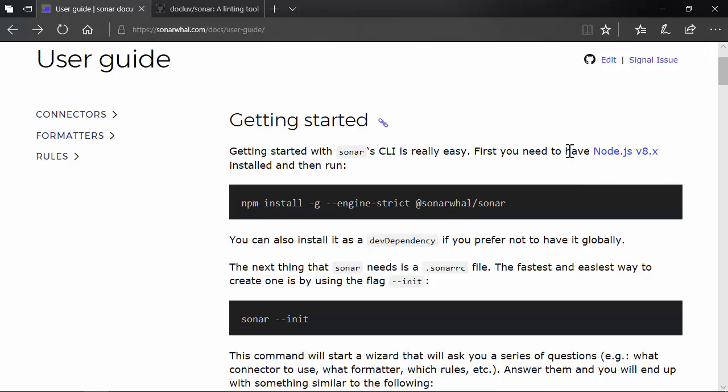You do need Node version 8, which is the latest stable version of Node. If you haven't updated yet, I do encourage you to go do that, because you should always, in my opinion, stay current with the tools and platforms and stuff that you are working with as much as possible. And so you should go out and do that upgrade. Now, to install Sonar, and it's